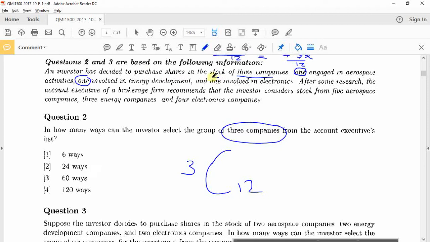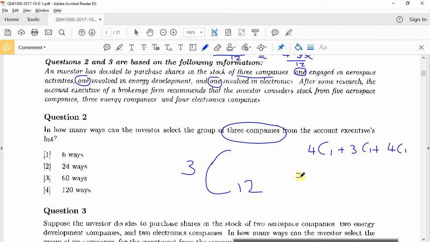See, that's the thing. Okay, so what was the first one? Aerospace. So 4 choose 1 plus. Then you've got 3 energy companies. 3 choose 1 plus. How many electronic companies? 4. 4 choose 1. That's how you do it. Okay, so now